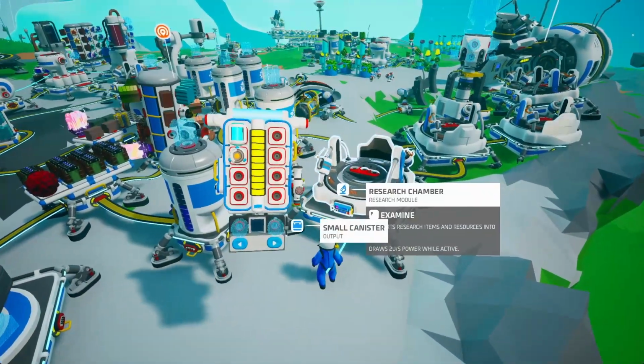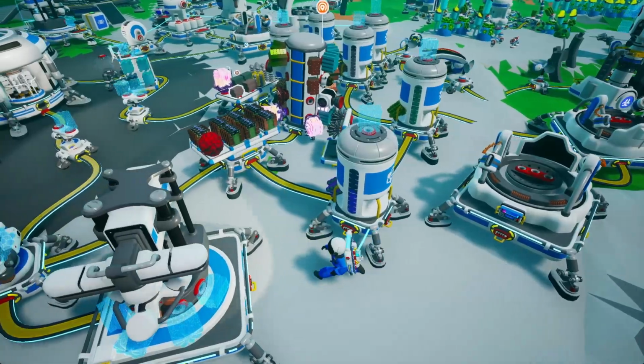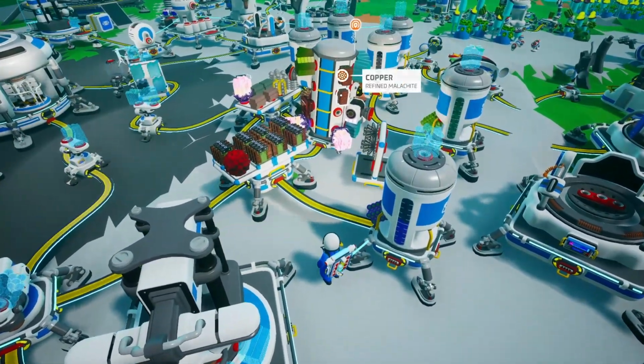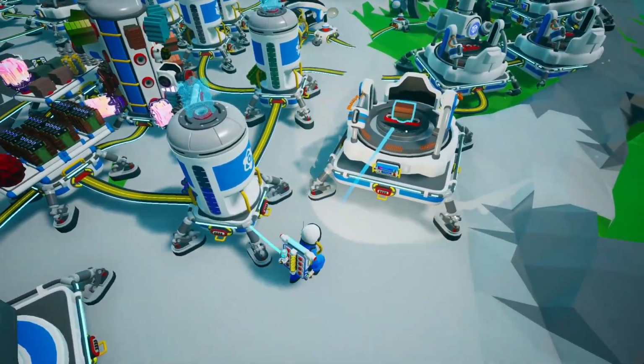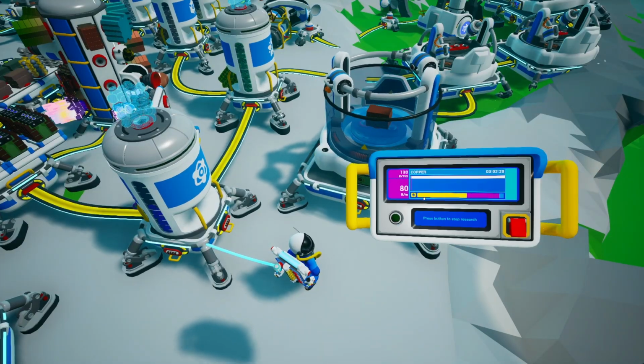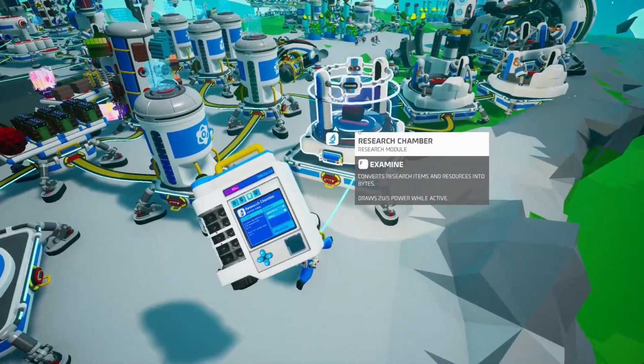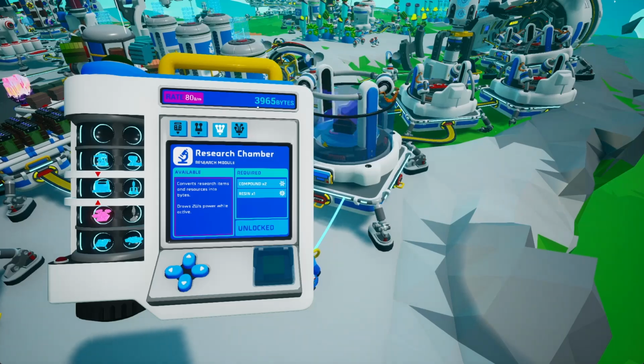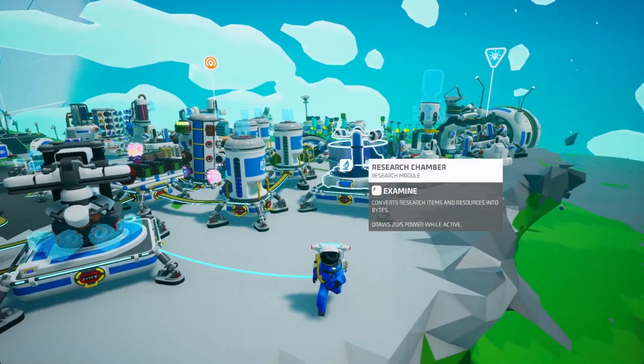And then you can just place any kind of materials, let's say copper, inside of here, and press this green button to start researching it. And this is going to give you some bytes. So this is pretty much all. How to get the research